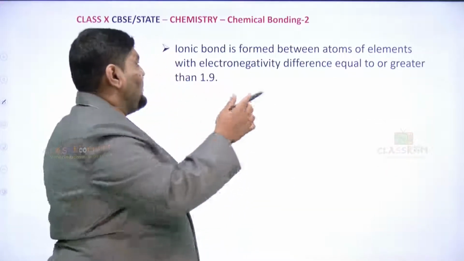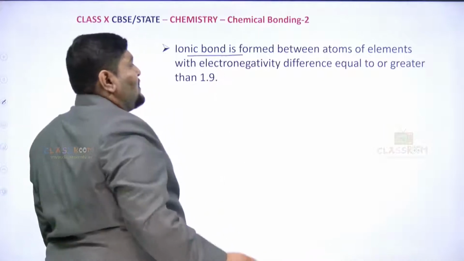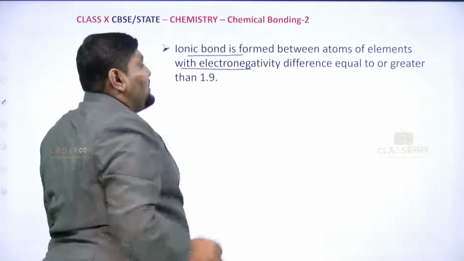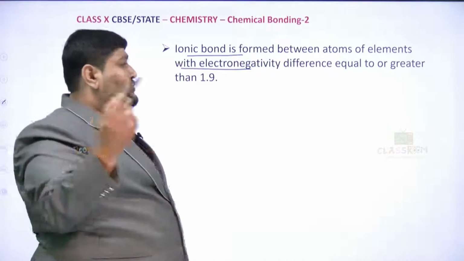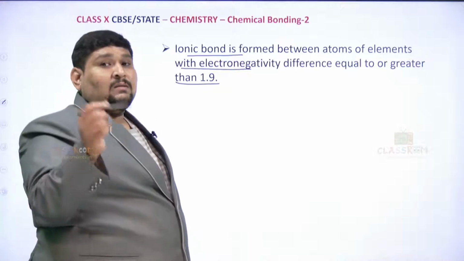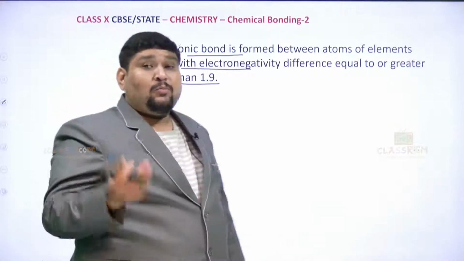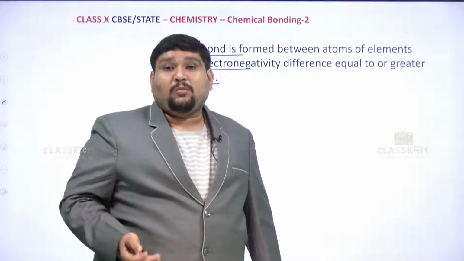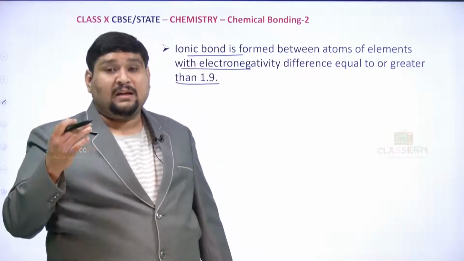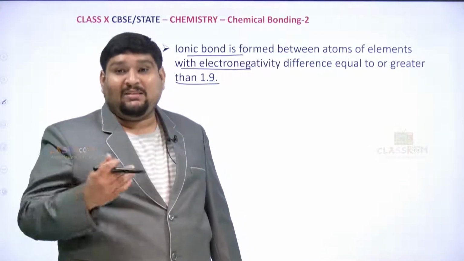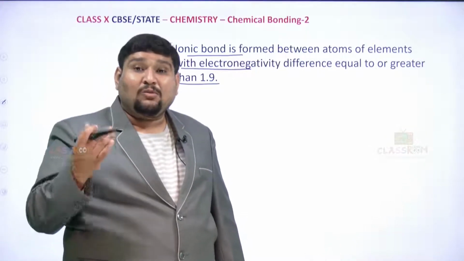Let's summarize what we have done in the case of ionic bond. An ionic bond is formed between the atoms of elements with an electronegativity difference equal to or greater than 1.9. When we were learning the periodic properties, we learned electronegativity as a periodic property, which gives the arithmetic mean of ionization potential and electron affinity. So here electronegativity